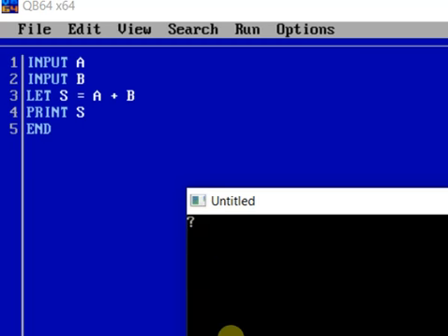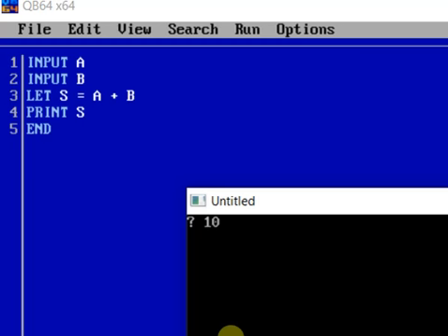That means one question mark means it is asking the value for first input statement, that is for A, the variable associated with first input statement. So if I give the value here, this value will be stored in A because A is the first variable with the first input statement.